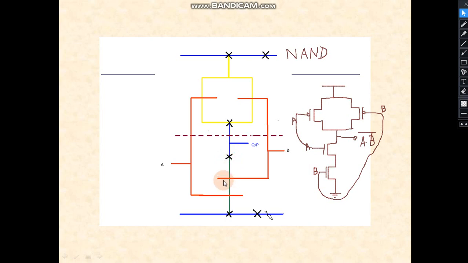So for NMOS, these two MOSFETs are in series. This cross is for the connection of diffusion and metal. This metal is used to connect this type of diffusion with the N-type diffusion with the help of metal. The demarcation line is used to differentiate PMOS and